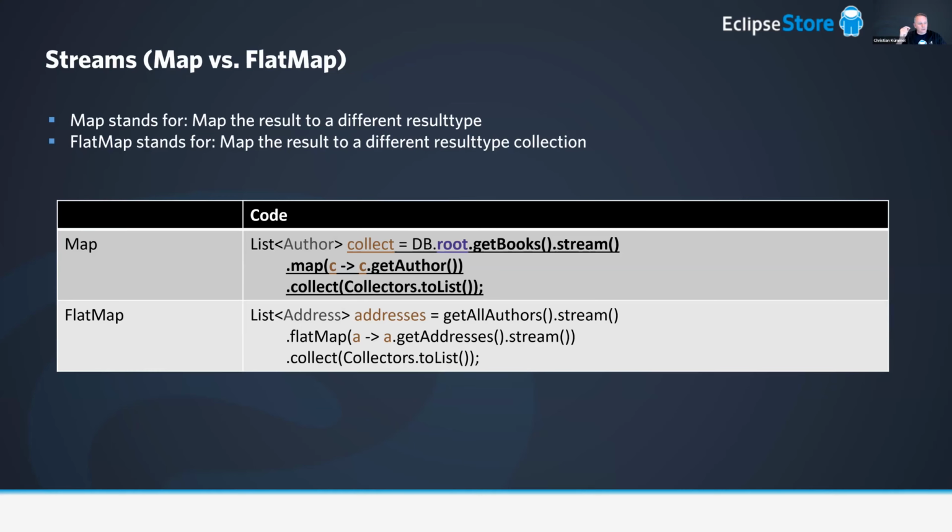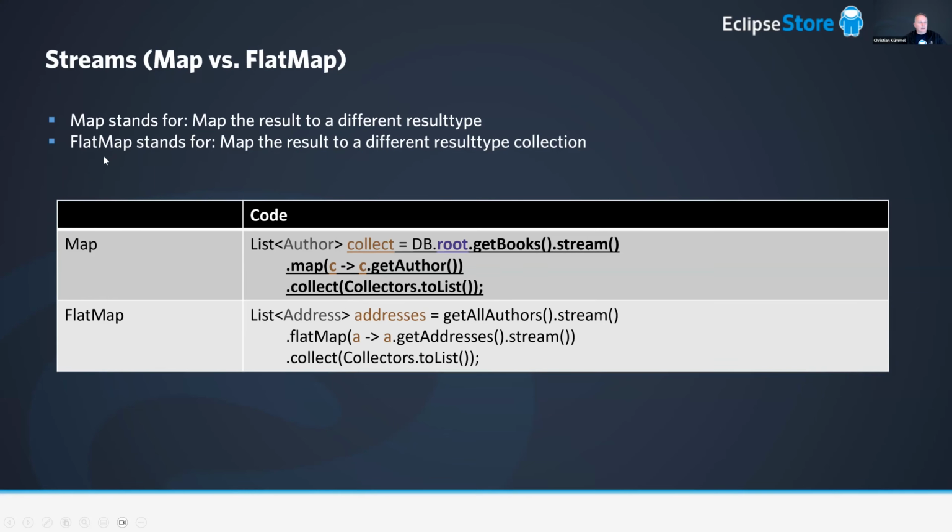Then I would choose the functionality of map, because I would say DB root get users, stream, and then I would say map, and then in that case c.getID, for example. So that means map the collection to a different result type at the end. So then I use the map